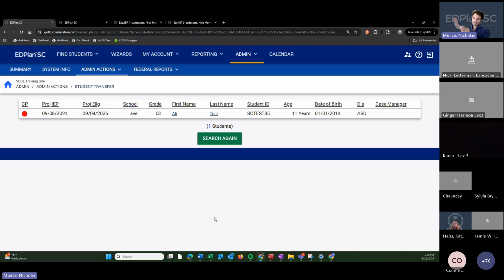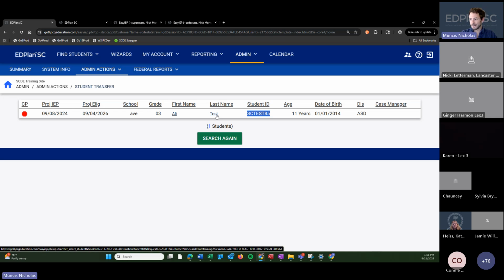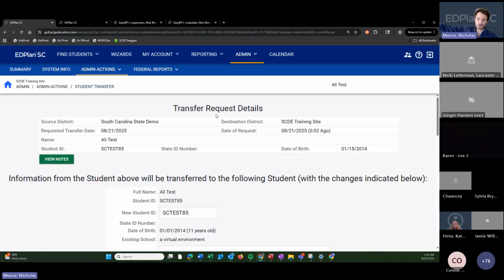And then here is that version of the student on my site. So I'm not making a new version of Ali Test. I'm telling the system, go find that student that already exists and choose them. So now I would choose Ali Test, and I would continue the transfer process forward, leaving this student ID exactly as is, because you do not want to type in that short PowerSchool number in the transfer process. If you or your staff ever find themselves typing a PowerSchool ID, a non-10-digit number, during the transfer, that is something we want to avoid, because that is how it introduces duplicates.